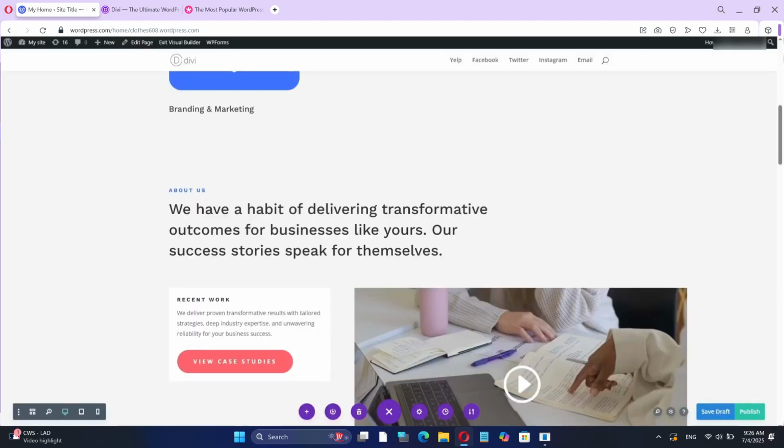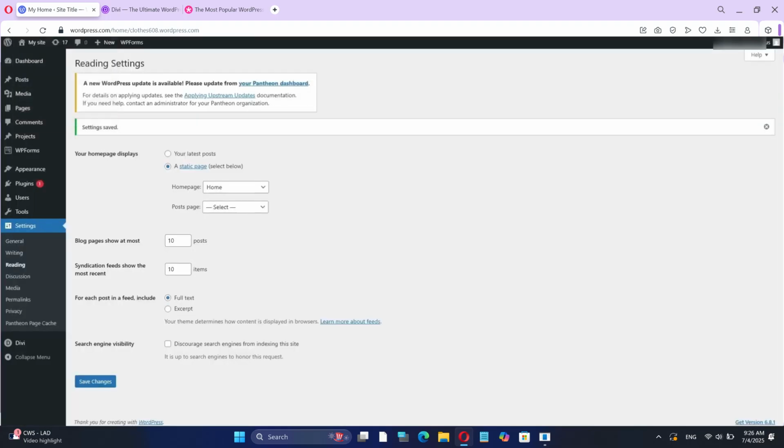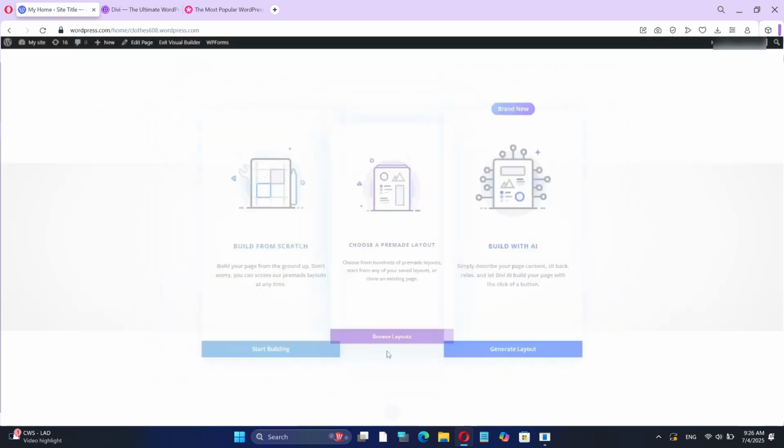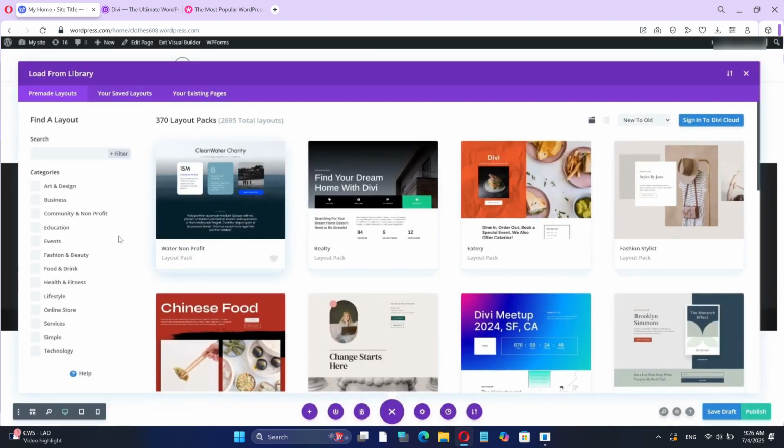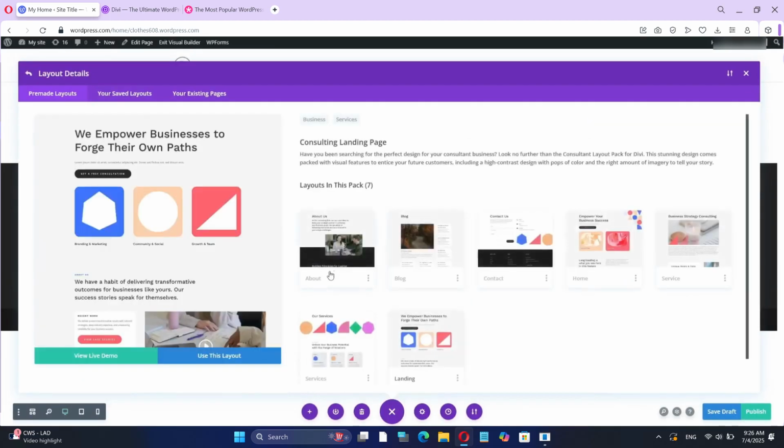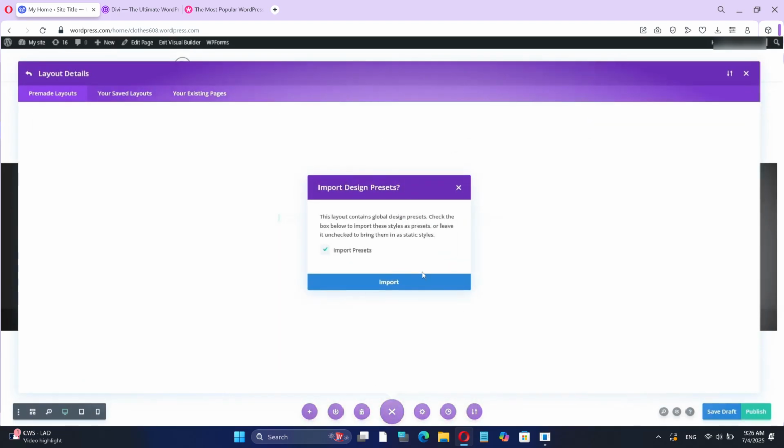Next, let's create the rest of your site using the other pre-made layouts from the same layout pack. Go back to the Pages section and click Add New. Name this page About and click Use Divi Builder. Again, choose Browse Layouts and go to the same layout pack you used earlier. This time, select the About page layout from the pack and click